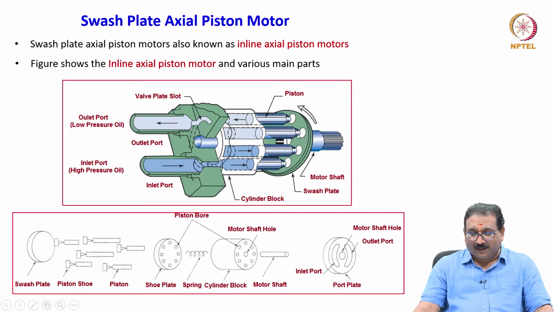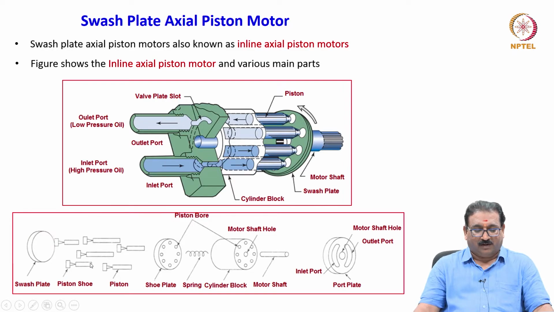But how is it? You will see here there is a swash plate, and the swash plate angle is adjustable in the variable type motors. In a fixed motor the swash plate angle is fixed. Then this is a motor shaft. The direction of rotation is shown here. You will see here what the important parts are, friends. After rotating this shaft, the oil will exit from the outlet port to the tank, that is low pressure oil. Now you will see a very important part here, a swash plate. Here this is a swash plate.